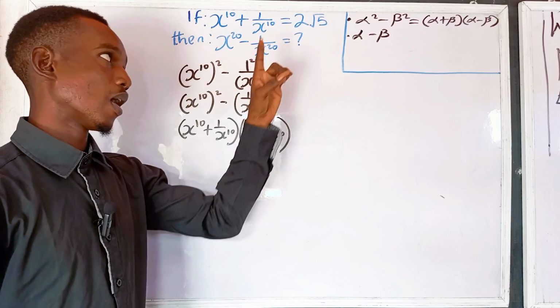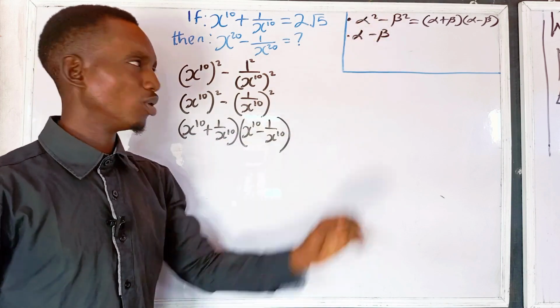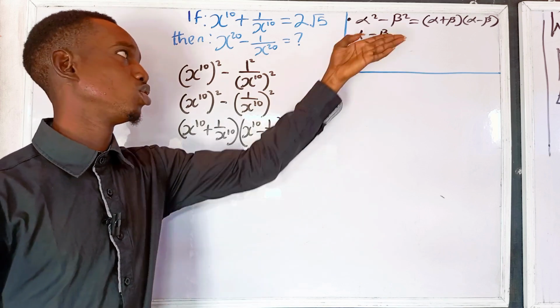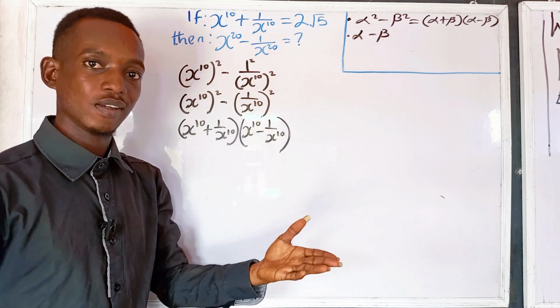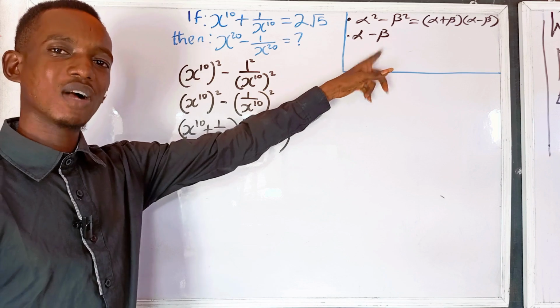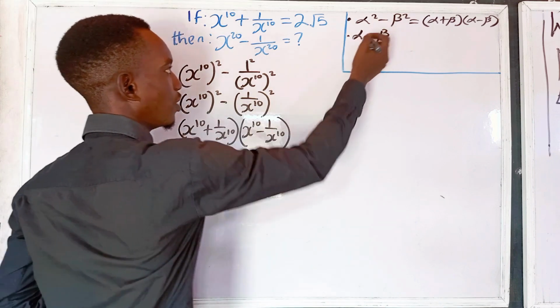Now, the identities that we know contain squares. But this here does not have any square. Look at it, it does not have any square. That means we have to introduce a square to this if the identities are to be helpful to us. So how do we introduce a square to this mathematically? Because we can't just do it anyhow. Here's the trick. We can rewrite this as